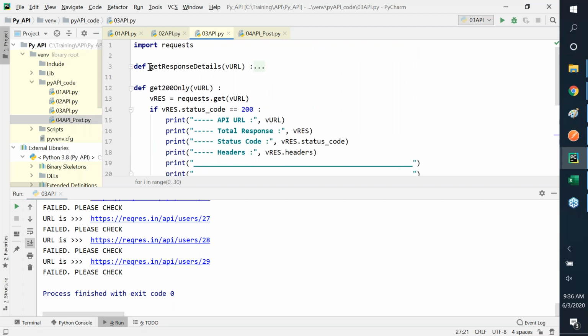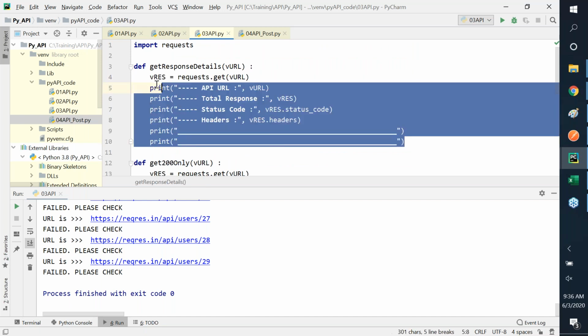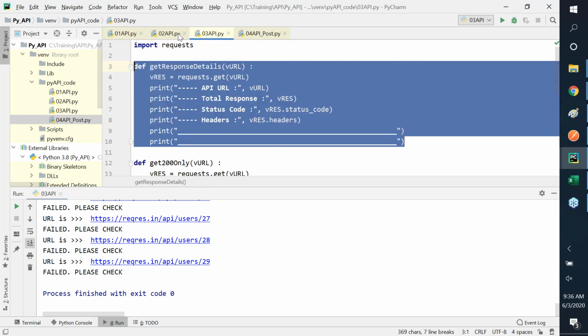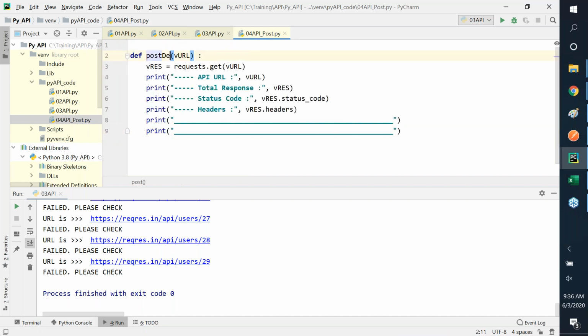Requires there. We can post it. The function post details. Now, when we are posting, team, you need two sets of information: the URL and also you'll notice